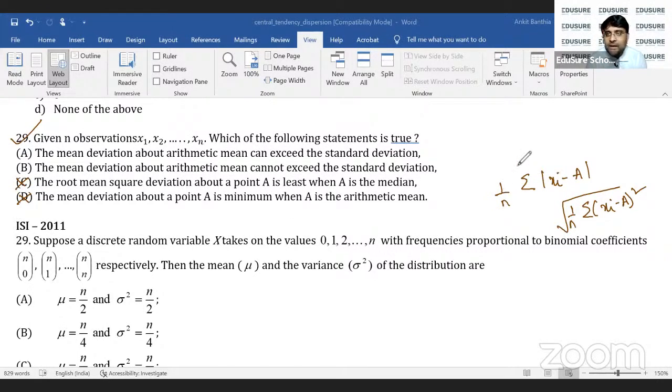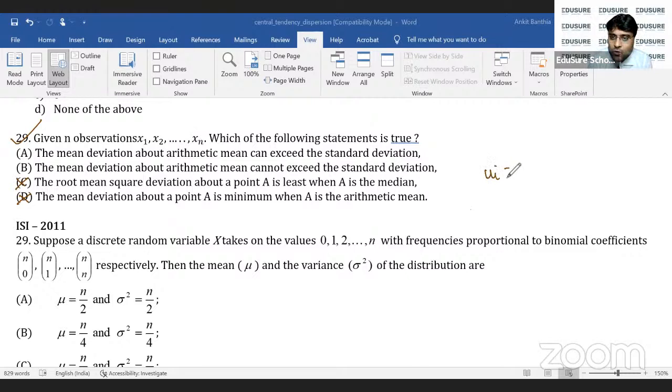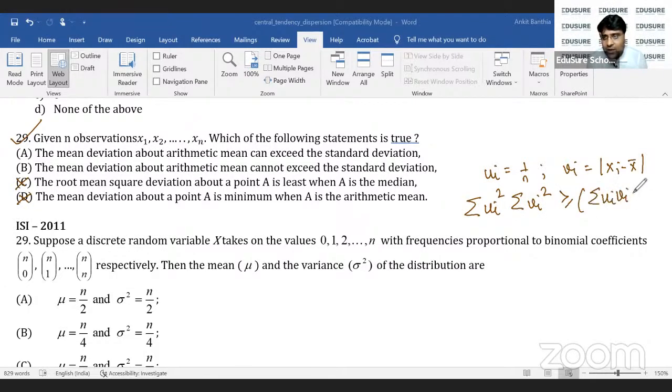तो C एंड D आउट है। अब हम लोग कंपेयर करते हैं A एंड B में। A एंड B में बेसिकली वो बोल रहे हैं कि मीन डिविएशन एंड स्टैंडर्ड डिविएशन का कंपैरिजन हमें करना है, ओके। तो एक काम करते हैं, बहुत ही सिंपल सा अप्रोच है। u_i को ले लेते हैं 1/n, v_i को ले लेते हैं |x_i − x̄|, सही है। फिर कॉची श्वार्ट्ज इनइक्वालिटी अप्लाई करें, Σu_i² Σv_i² ≥ (Σu_i v_i)²। तो यहां पर 1/n² Σ|x_i − x̄|²